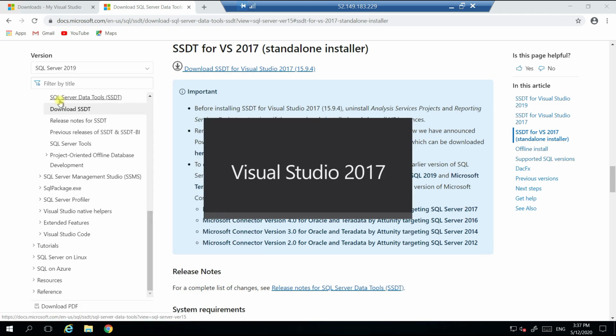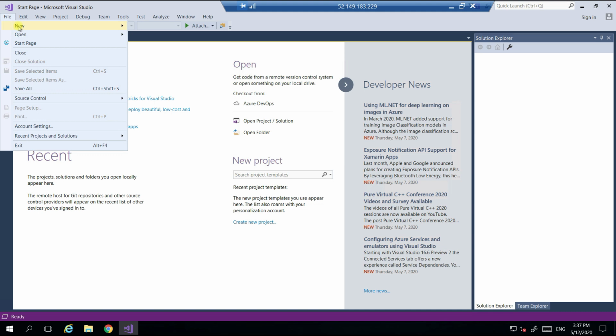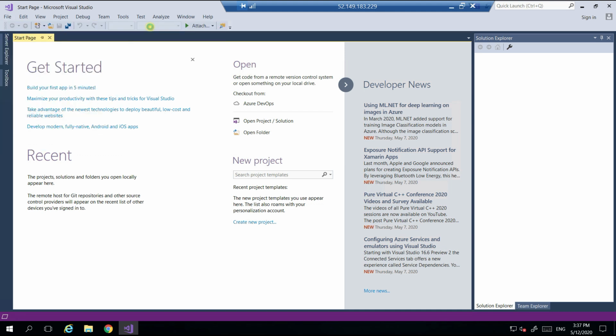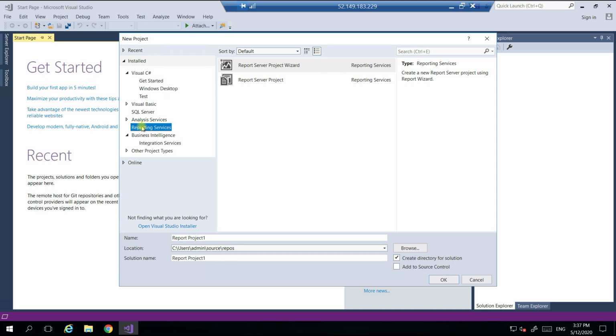We get it like this. Now we are able to see these components in our Visual Studio. I think you will see them for sure; if not, restart and check again. I'm not restarting it now. Just go to File and New Project. Now see here, we have Analysis Services, Business Intelligence, which is SSIS, and Reporting Services. If someone is working on SSRS, they have to select this option.